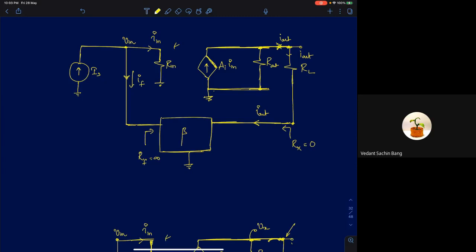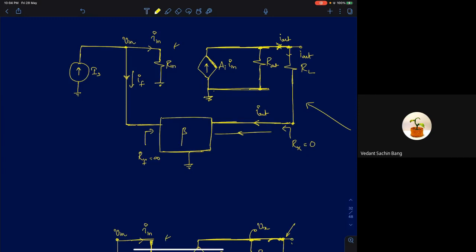So shown here is a current input, current output feedback amplifier. And we said in case of a current input, current output amplifier, the feedback network is connected in such a way that it can sense the output current. So I'm just going to use this word, sense and return.